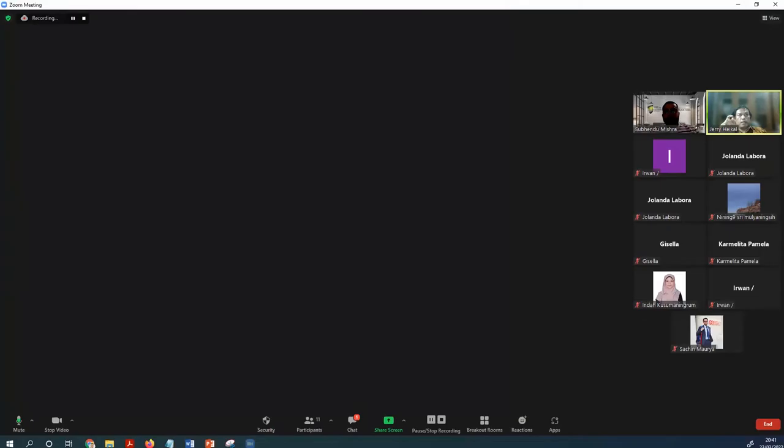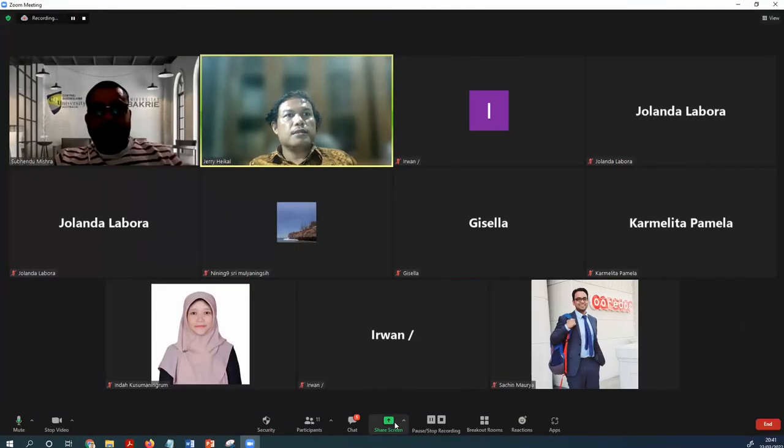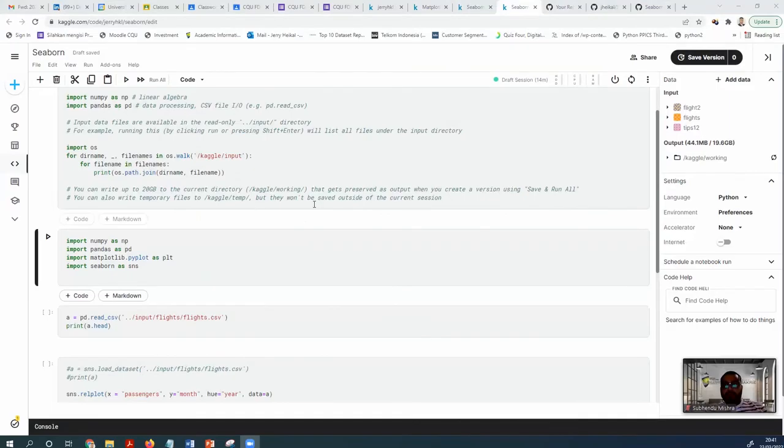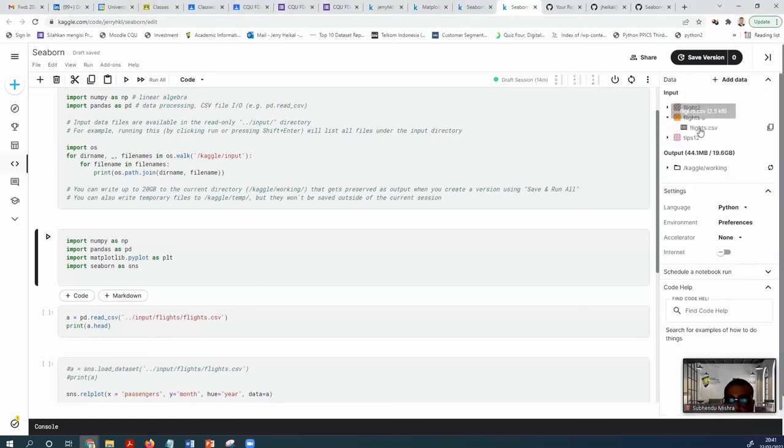Okay, you got it. Let me share screen again. Okay, so let's do it. In this flight data, we need to copy the path, and then we need to read the file. So basically, the data will be like this. I delete this. Okay, we need to create this.